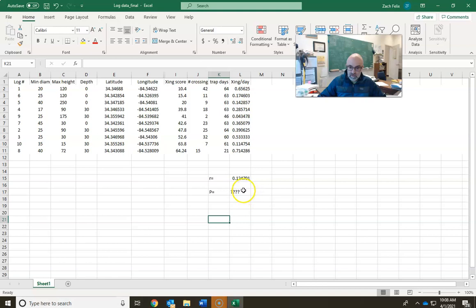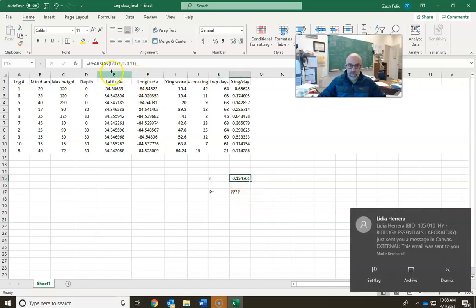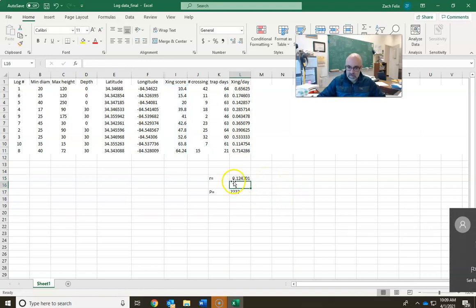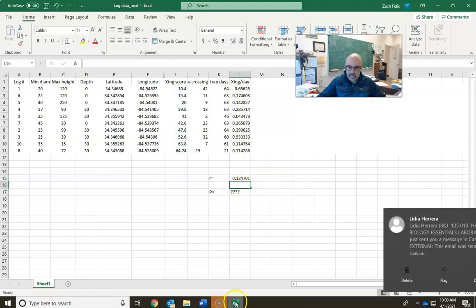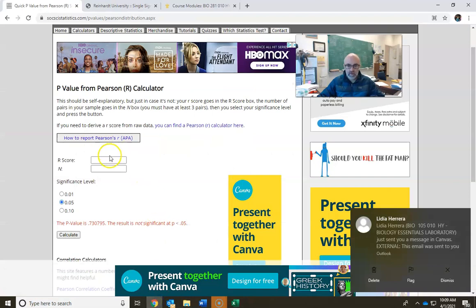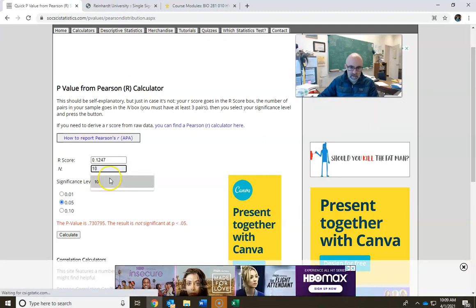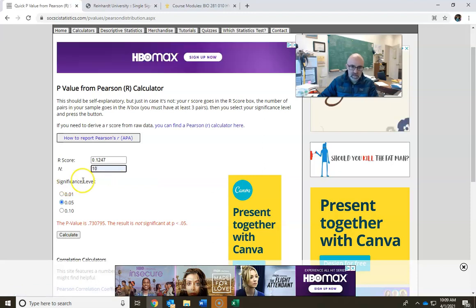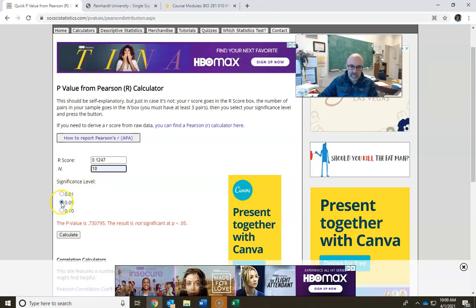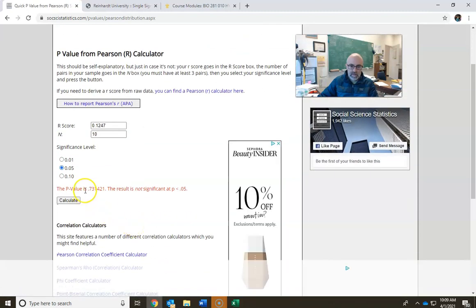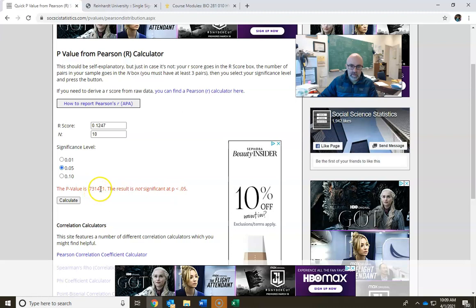Your R is 0.1247. The n is the number of samples. This is the number of logs, which was 10 in our case. We're looking for a significance at p equals 0.05. This is our p-value. Your p-value is 0.73,